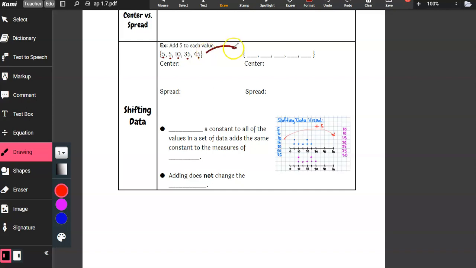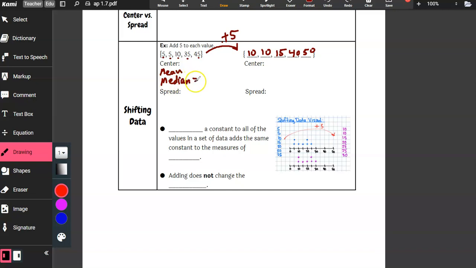Okay, so from here to here, add 5. So this will be 10, 10, 15, 40, and 50. Okay, and we're gonna find the mean